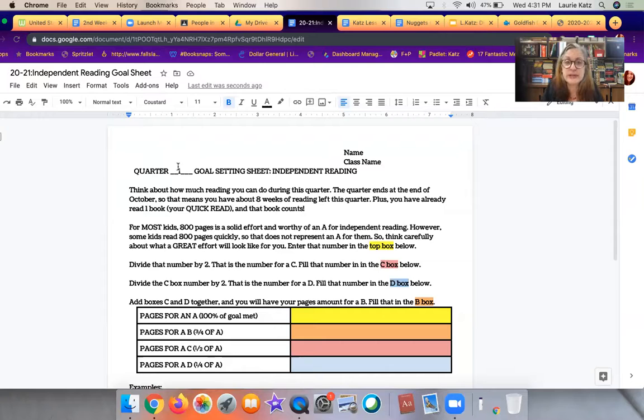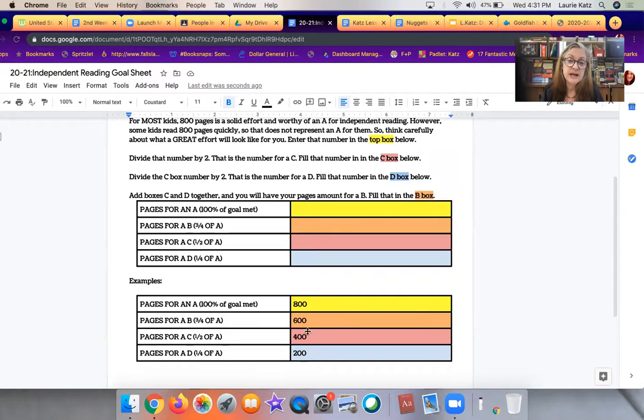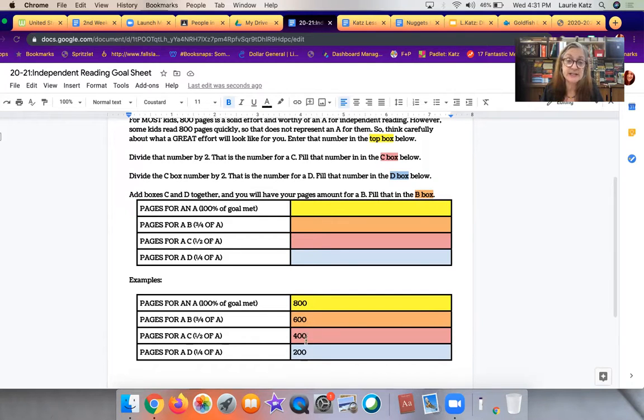So you have to know yourself as a reader and what you're capable of, and think about what excellence would look like for you. So for most kids in the 7th grade, 800 is excellent. That's 4 books a quarter, 16 books a year, and that's great. So for most kids, if you scroll down here, I have an example for that one, and I did that for the middle box here because I wanted to show you what the breakdown would look like. So if that's what makes sense for you, you'd put 800 up here in the yellow, and then half of that, if you got halfway to your goal, that's a C. So that would go in the pink box. That's 400. Then you take half of the 400, which is 200,